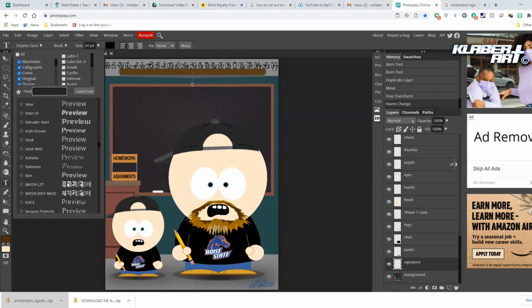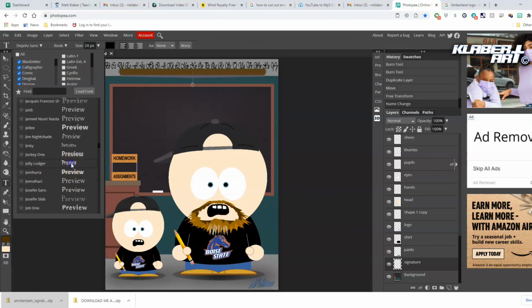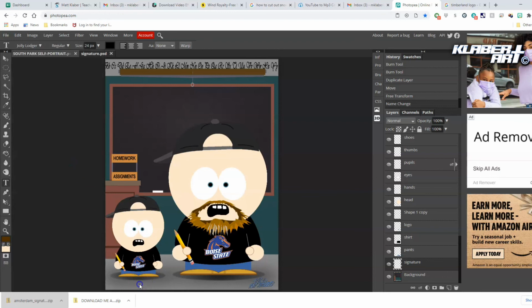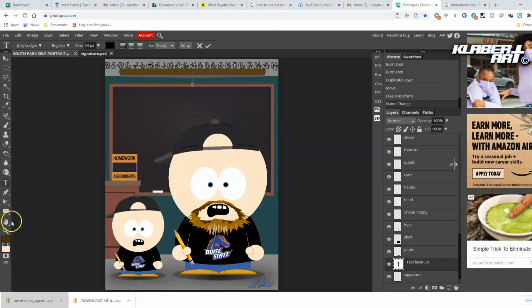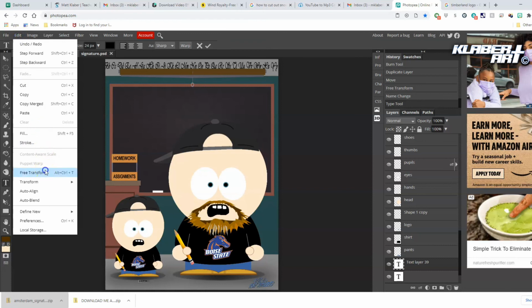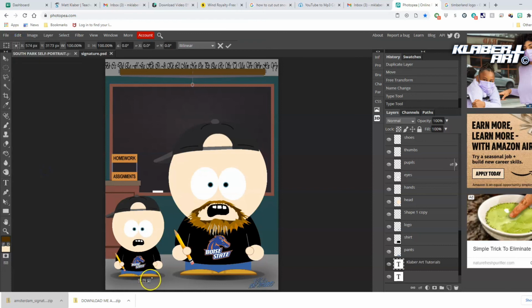So let's see. I like that one. So you just click once and just start typing. Don't worry about the size. Just click once and type your name, because you can always go to edit, free transform. I messed up because I was like, why is it so small? But I just type it in. It's going to be ridiculously small, most likely. Doesn't matter. You can go to edit, free transform to make it bigger,